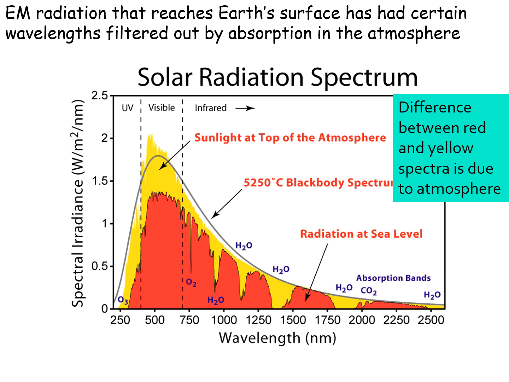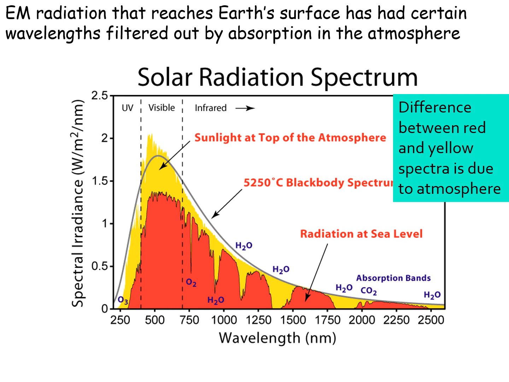Here we see the spectrum of the Sun that reaches the Earth's outer atmosphere, shown in yellow, versus the spectrum that's seen on the ground, shown in red. You can see that huge chunks of the ground radiation are missing, corresponding to portions of the spectrum that have been absorbed by gases in the atmosphere.